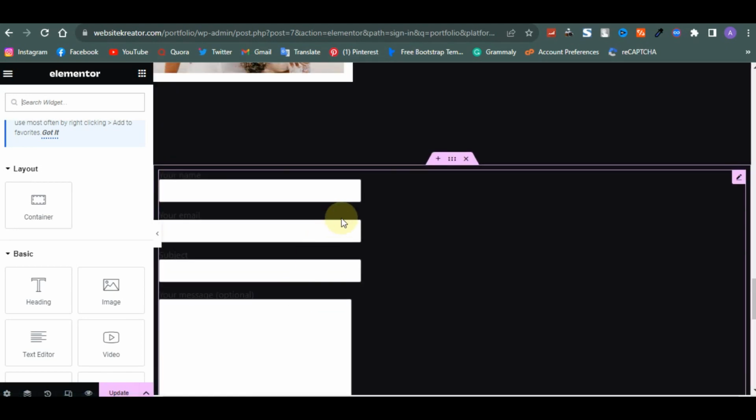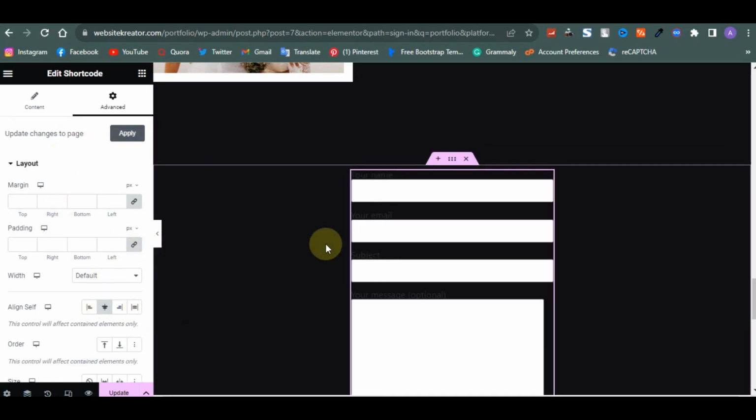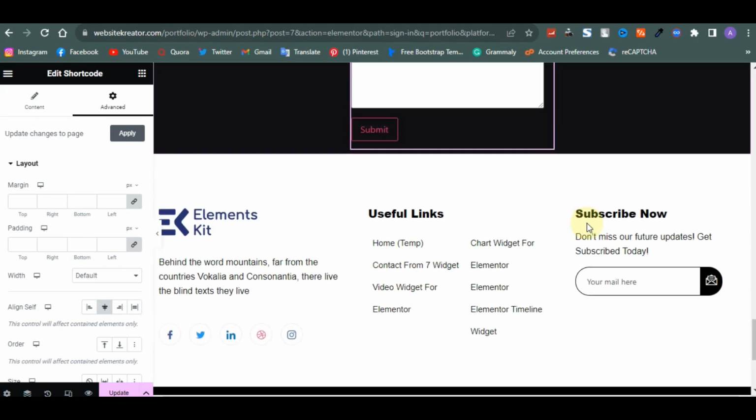So here you have it. So click on it. So let's make it center aligned. Now one thing about this contact form is the fact that Contact Form 7 does not have a lot of customization. If we were to be using